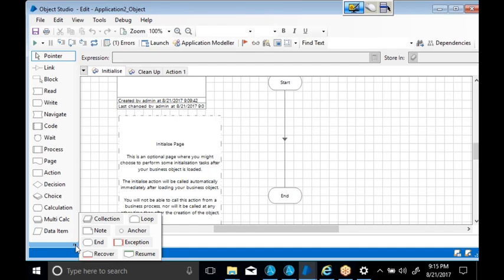Okay, any doubts till now? That we will see later. That is a different topic actually. Automation Anywhere and Blue Prism are different tools. Once we come to Automation Anywhere, I will explain the difference between Blue Prism and Automation Anywhere. Basically there is not much difference between the tools. Whatever you can do using the Automation Anywhere RPA tool can be done using the Blue Prism RPA tool, and whatever you do using Blue Prism can be done using Automation Anywhere as well. There is not much difference between the tools.